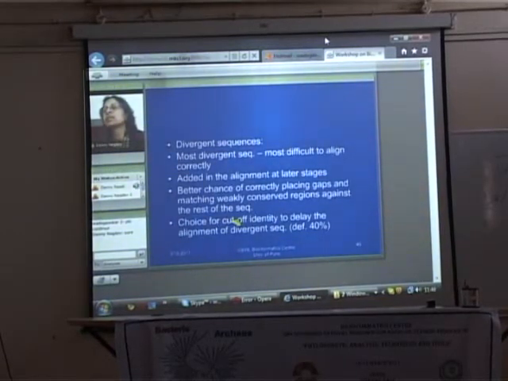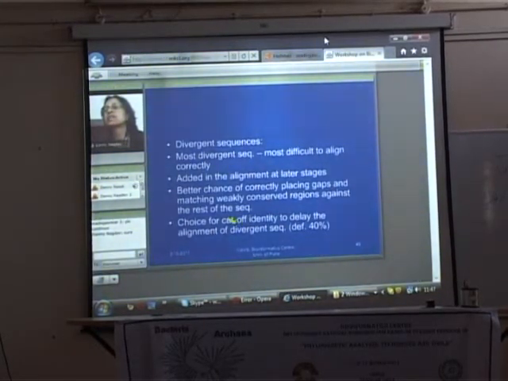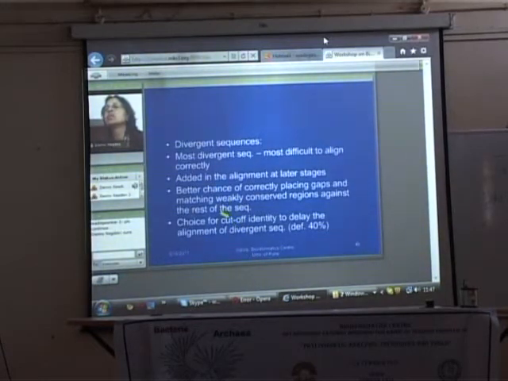The advantage of such a cutoff identity factor is that your alignment becomes more and more accurate, because first you add the most similar sequences, then a little more divergent, and lastly you align the most divergent sequence to your alignment, thereby reducing the probability of introducing errors in the alignment. That is a very strategic point of view of how Clustal really handles these divergent sequences.